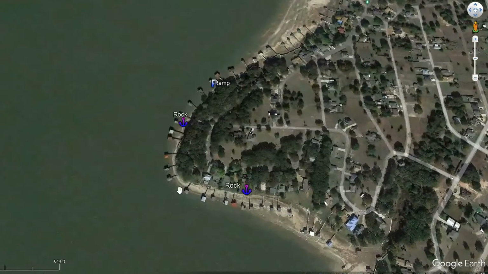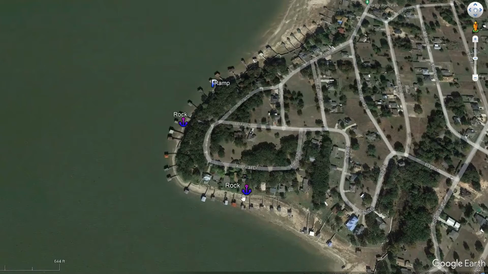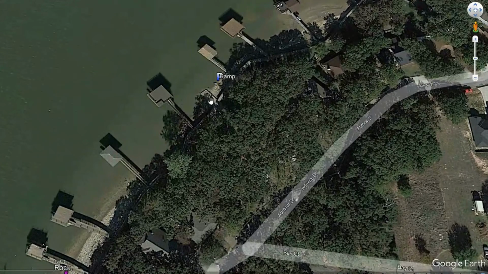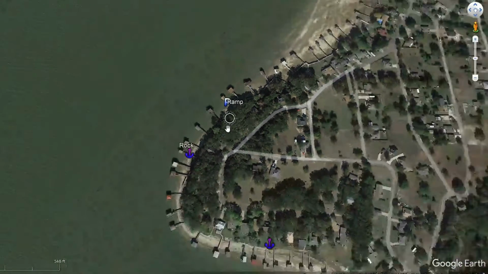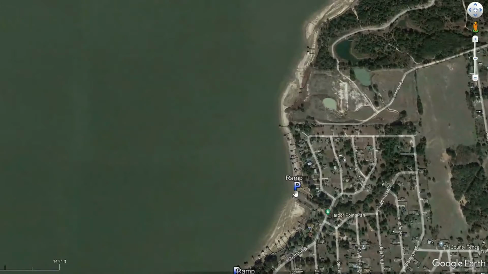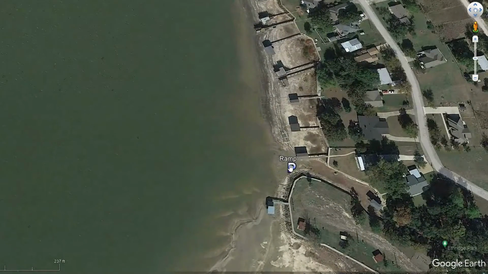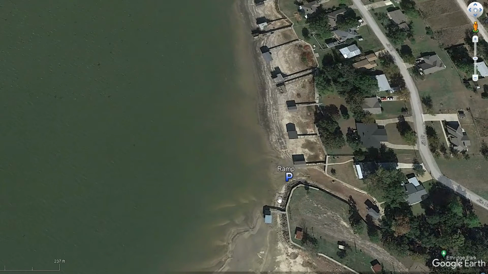So we're going to keep coming up here around this point. We've got some more rock around the seawalls in this area as well. We've got a little hidden boat ramp back in here. Can't hardly see it, but it's right there. It's got some pretty good rock around it as well. Then we've got another boat ramp that's kind of hidden right in here. Not really hidden, but just over here. Actually, that marker's a little bit off. It needs to be moved down a little bit, but you got some pretty good rock around here too,